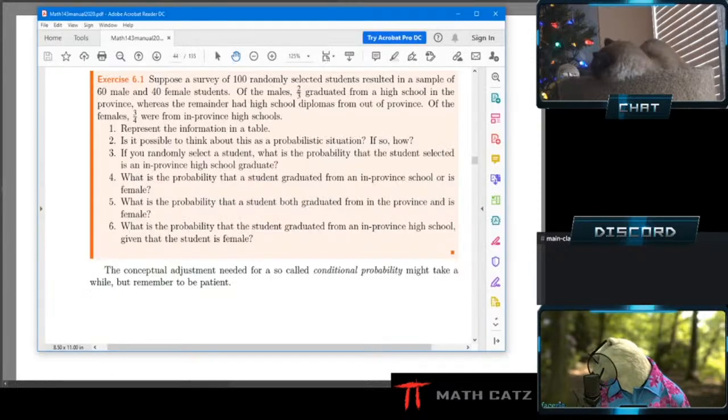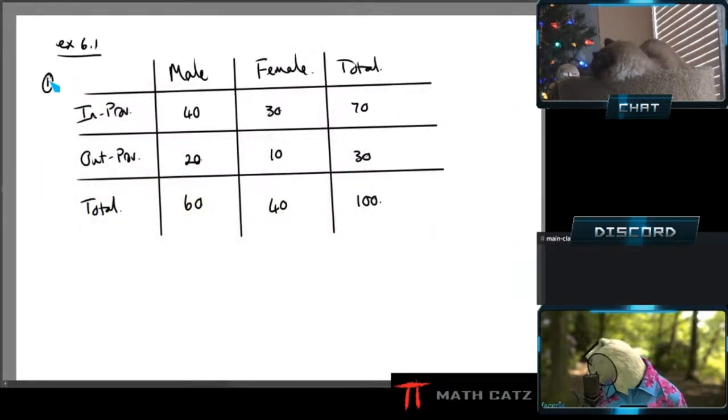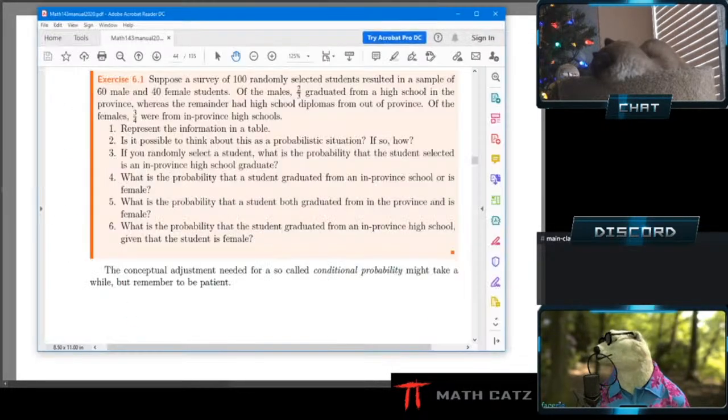Now let's see. So I've done number 1. Technically this was number 1. They might ask me for a table. They might just start asking questions and then I have to know that a table is one of my options. Okay. Second one, I just added here to remind myself to mention this.